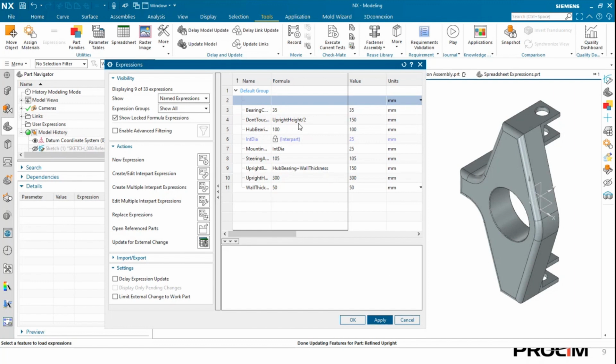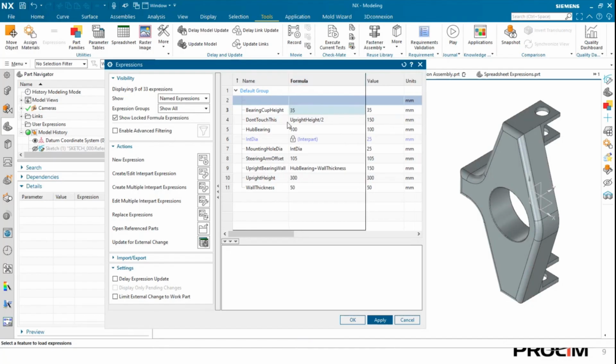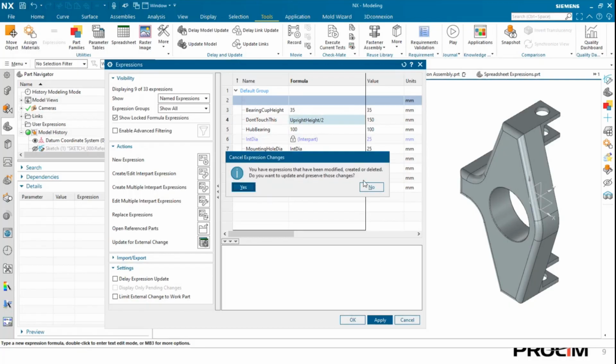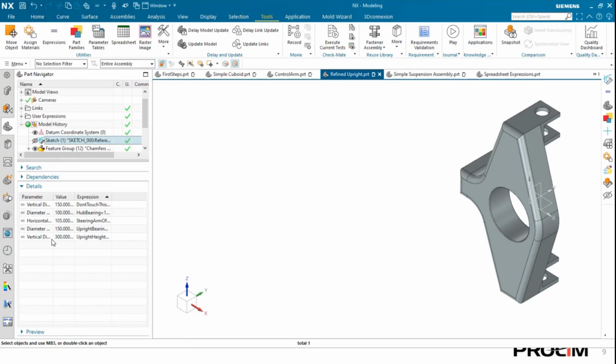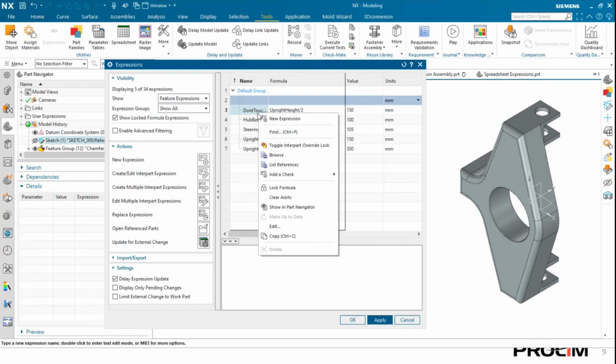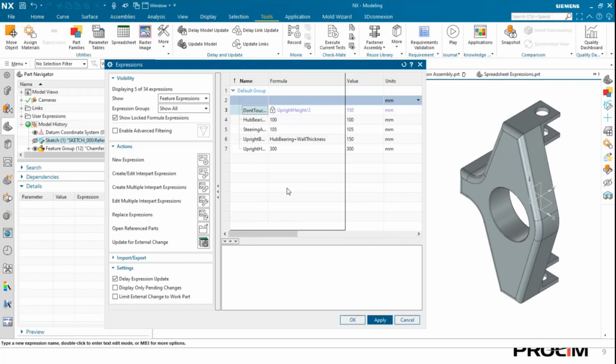I can also do different things, such as change my bearing cup size. Well, that's my bearing cup size. Is that bearing cup size or is that bearing cup height? Never mind, we're not going to change that. You can also see I have an expression that says don't touch this. Now, I could be cheeky as an engineer and disregard that. But let's say I wanted to make sure that don't touch this has a visual way of saying, hey, don't actually touch this. I can go into my expressions table, right click on this expression and lock the formula. Now, when I hit apply,